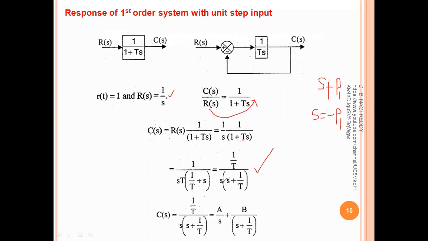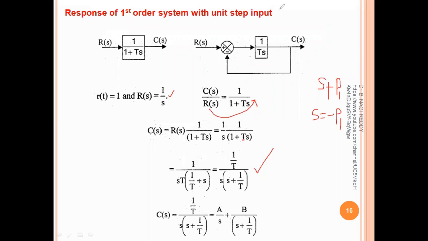Here we are having two poles: s equal to 0, and the second one is s plus 1 by t. So only two poles are there, and they are separate poles. So case 1. So what is case 1? Normal equation. So C of s is equal to a by s, because of the first s term, and the second one is b by s plus 1 by t. So two poles are there. That's why we got two constants only. So we need to calculate a and b now, according to our partial fractions principles.